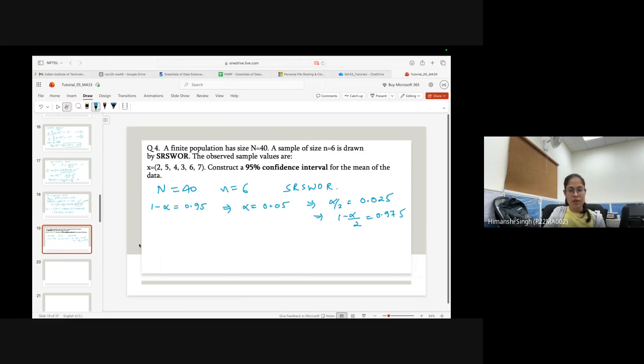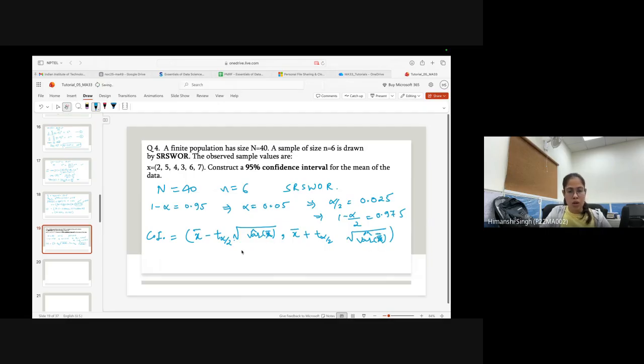Now what is the confidence interval for it? The confidence interval will be x bar minus t alpha by 2 times the square root of variance of x bar. Since the population variance is not known in this question, we will use the t distribution, and we will take the estimate of the variance. So, comma, x bar plus t alpha by 2 times the square root of the estimated variance of X bar. Sorry, this will be capital X.